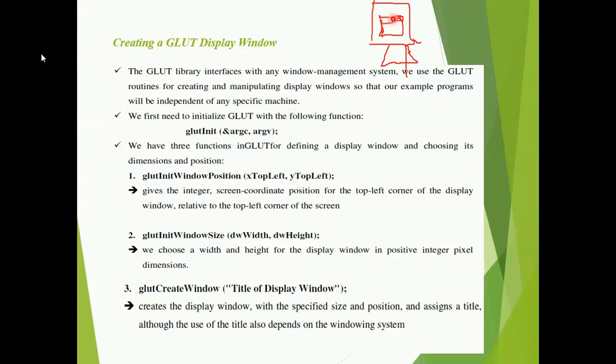Now there is some space inside the display window, a space at the top to write the title. In glutCreateWindow you give the name for the particular window, the title of the display window. You can write anything: program 1, program 2, or CG1. You are just giving a name to your display window, which will be placed at the topmost portion of the window, near the close button.